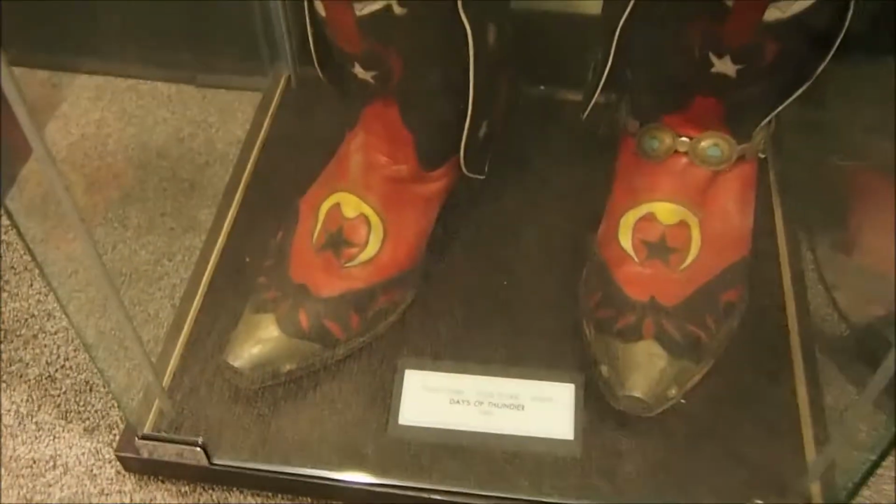There's a whole other room back here, my friends, that's also interactive, both costumes. I guess I'll just give you back this way. Once again,